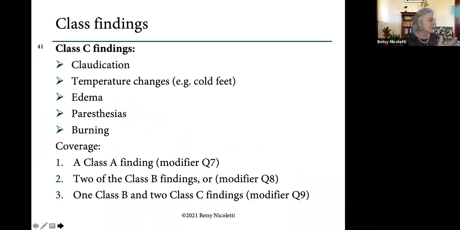And in order for this not to be considered routine, the patient needs to have one of these: a Class A finding, clearly, or 2 Class B findings, or a Class B and 2 Class C findings. And so what we would want in the event that you were doing nail debridement for some reason, or treating a corn, shaving a corn off,